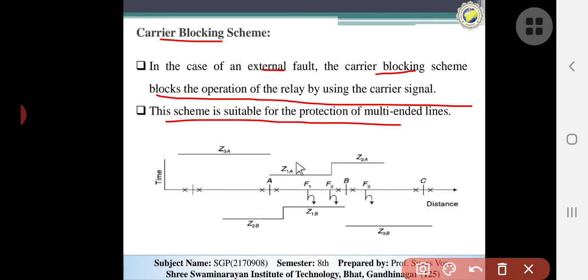If the fault is detected in the nearby lines, it is blocked by the carrier signals, and the receiver looking directional relay generates the signal which is then transmitted to the other end in order to prevent trip. अगर मैं F1 की बात करूं तो Z1B में प्रोटेक्शन होगा. सो यहाँ पे रिले A दोनों ऑपरेट होगी यानी कि लुकिंग स्कीम होगा, बट यहाँ पे करियर ब्लॉकिंग स्कीम अप्लाई होगा. सो दैट द डिस्टेंस रिले नीड टू operate at the stations A and station B if the fault